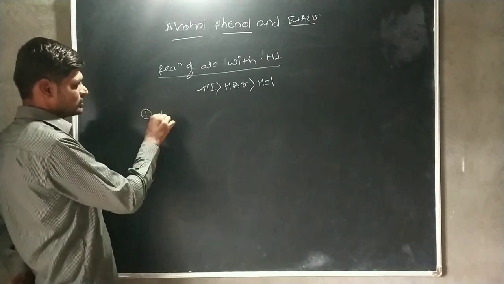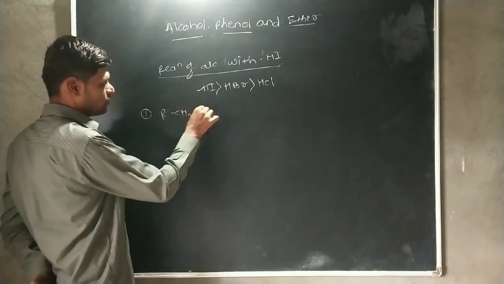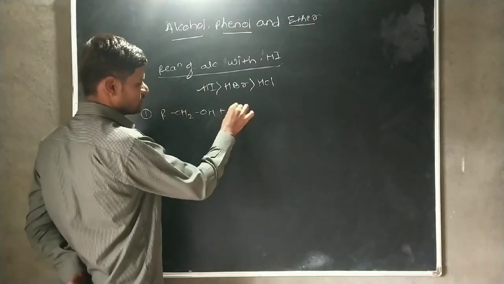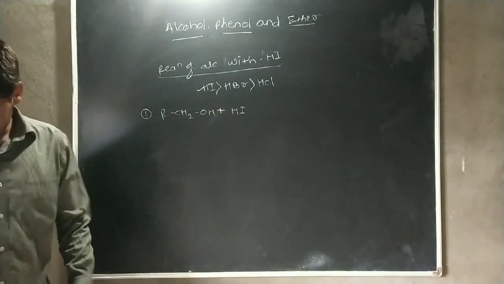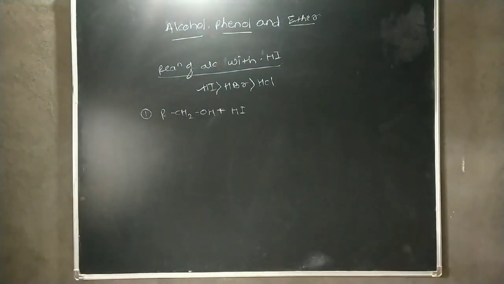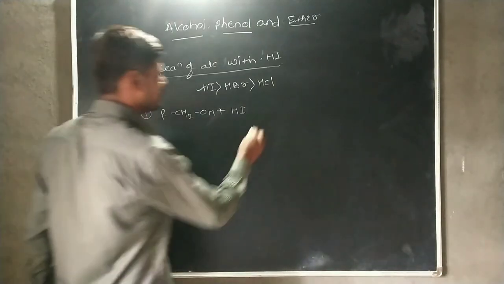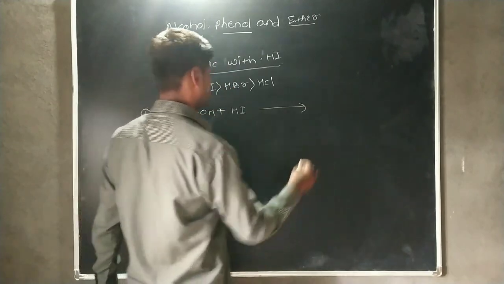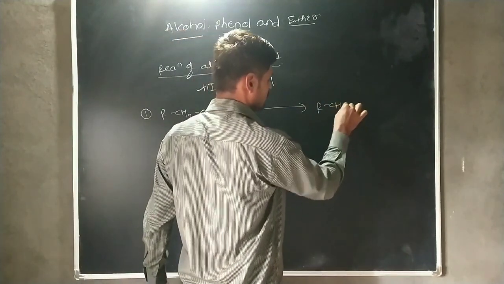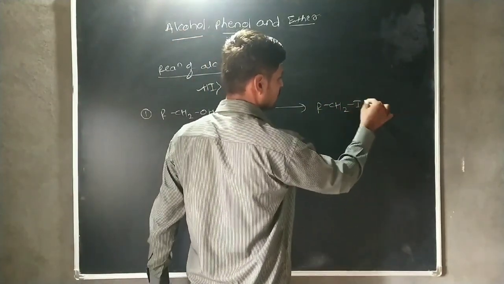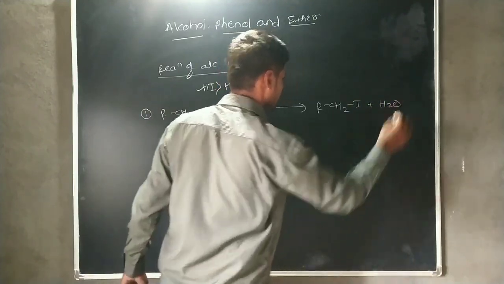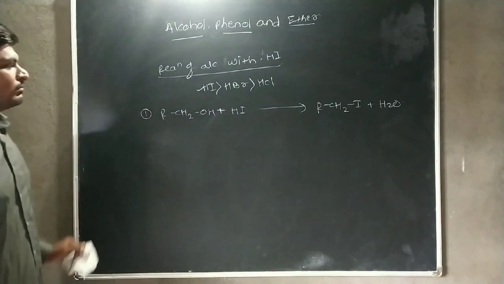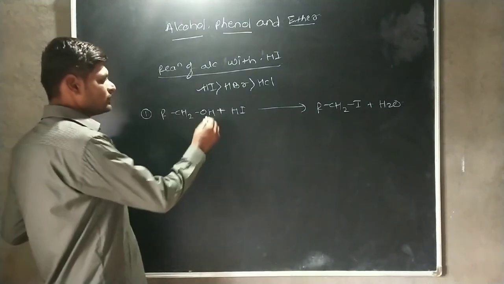First, we consider the primary alcohol. When a primary alcohol is reacted with HI, it forms the respective alkyl iodide, and a water molecule is eliminated. But in this reaction,